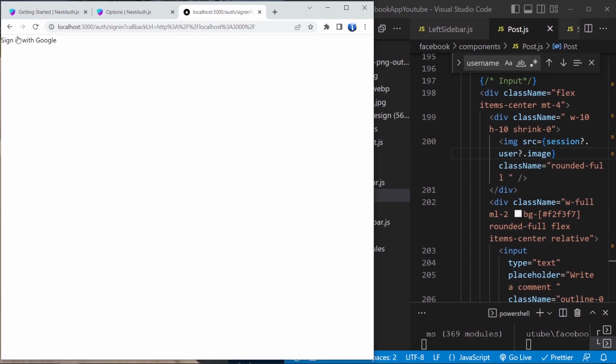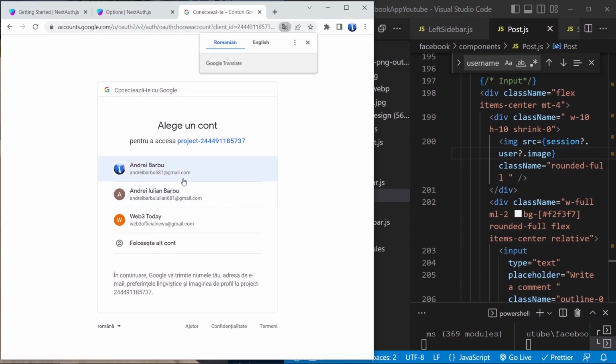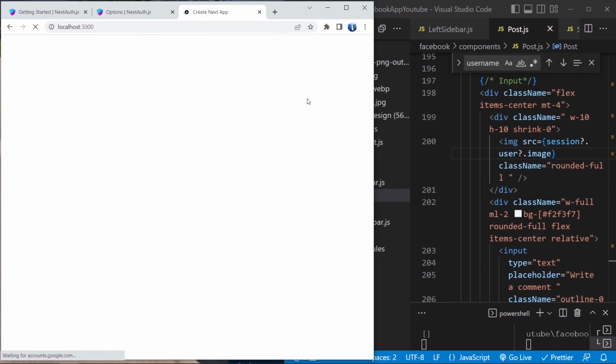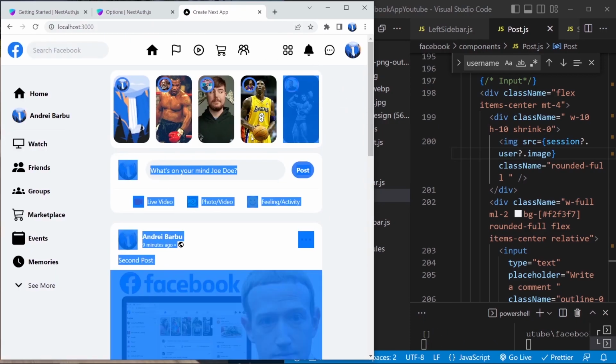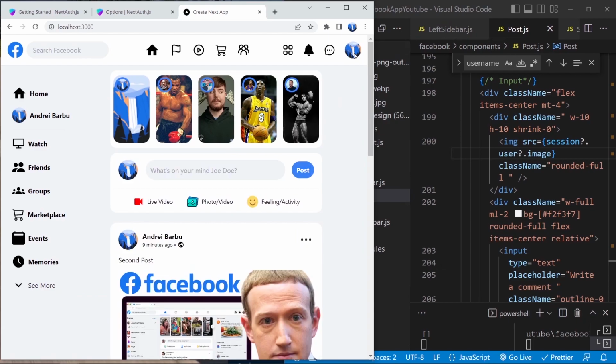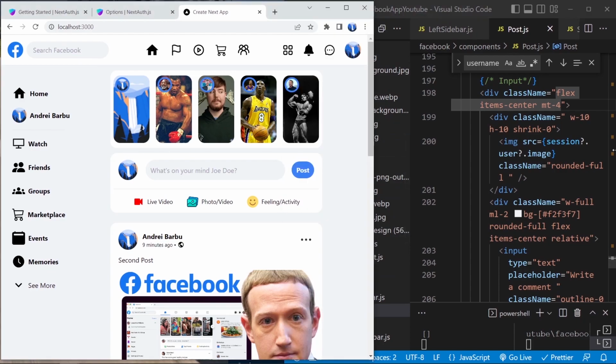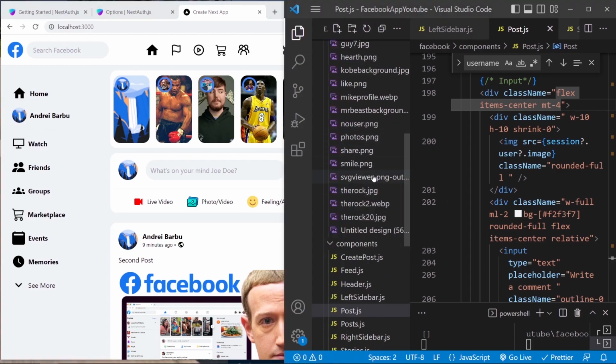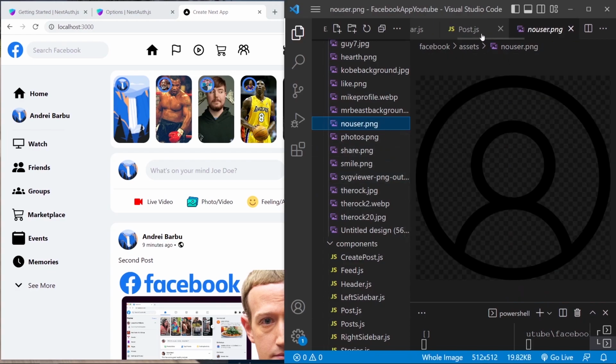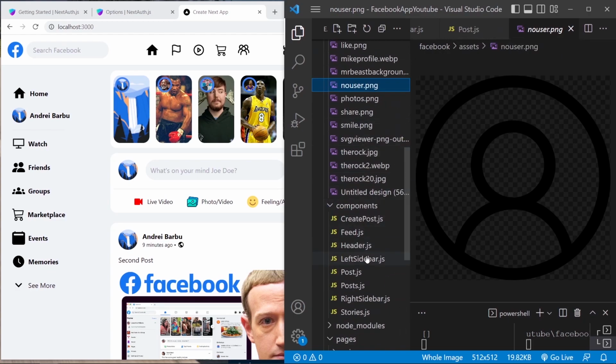This is annoying, so I'm gonna change this to this account, and now when we click on this, as I've said, we were going to the login page. So when we are not logged in, what we want to do is to add a no user image to replace these ones. Okay, so let's go and add the no user image. So this one, no user.png. We're gonna use this image in the left sidebar first. So left sidebar,